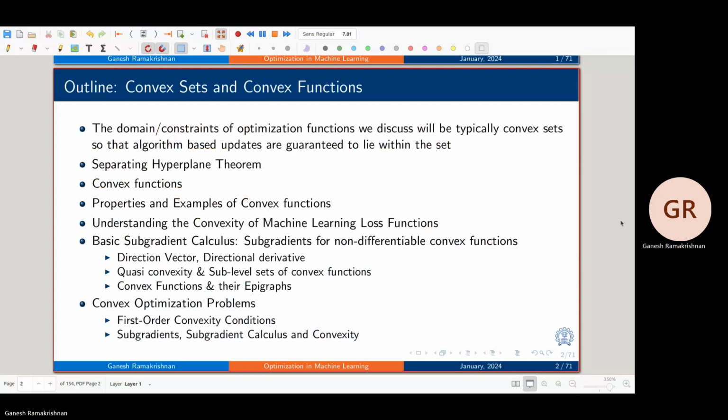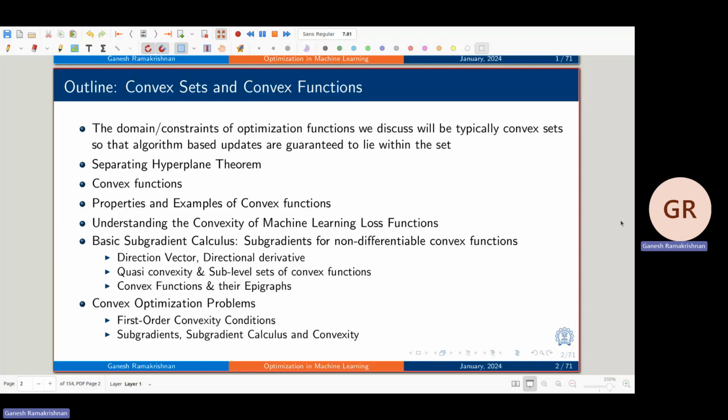We'll reflect on why we talked about convexity, or even if the function is non-convex, we showed that the domain often has to be convex. That means a notion of convex sets becomes important. Convex sets are important also from the point of view of how they relate directly to convexity of functions. We started with the separating hyperplane theorem, gave a hint for it, but I'll delve on it further today, and then take up convex functions a little bit more carefully, their properties, and how you understand